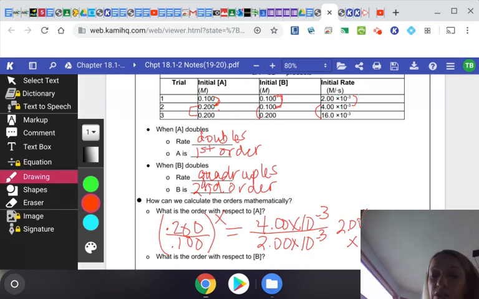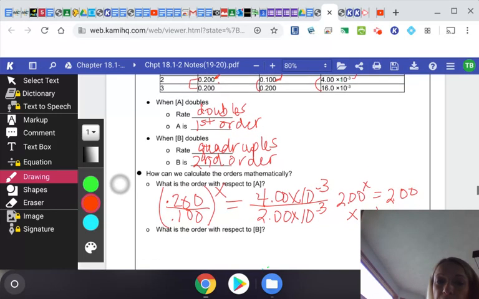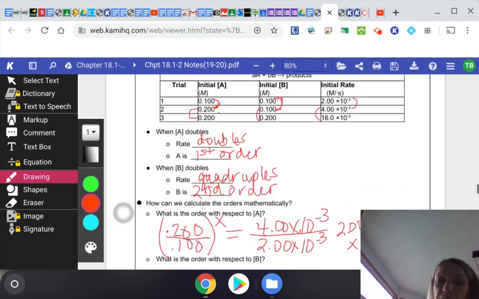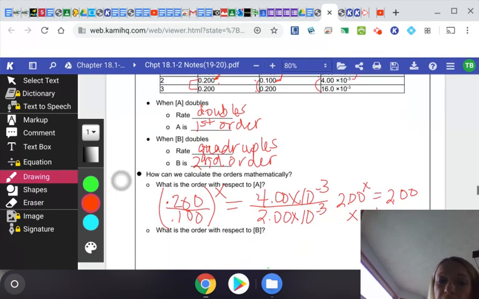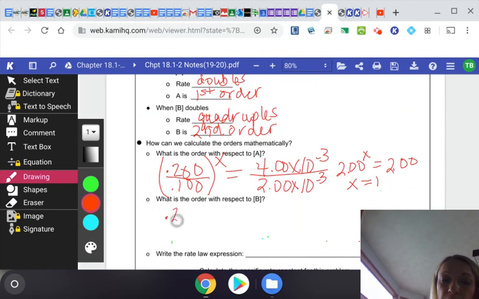2 to the first power equals 2, which is what we saw when we did not do it mathematically. We saw when the rate doubled, the concentration doubled, and we had a first order there as well. Now, if we do the same thing with B here. So with B, we said we're going to look at trials 3 and 2 and what those rates are. So when B doubles, goes from 0.2